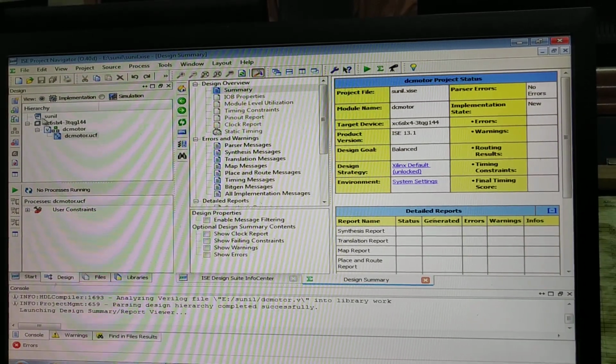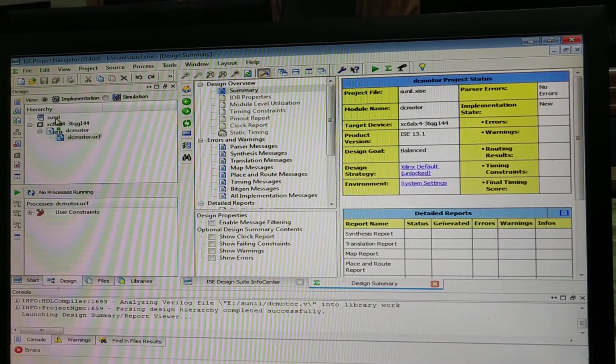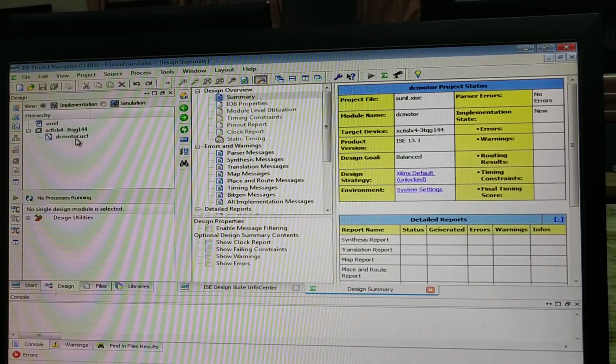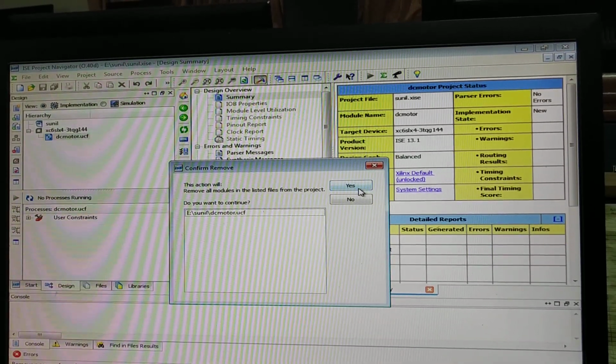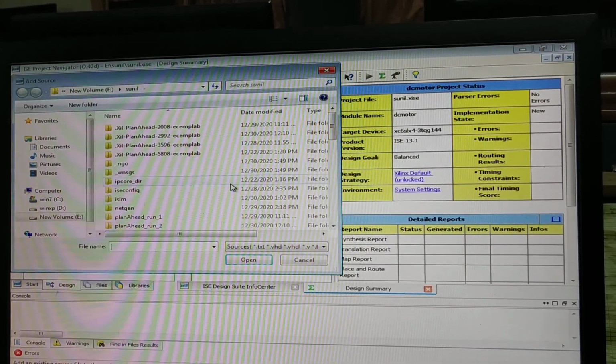This window has to be closed. There is already a DC motor program here, and I'm in the same project name, so I'll remove this. Add the program now. Add source. Add the sine wave program.